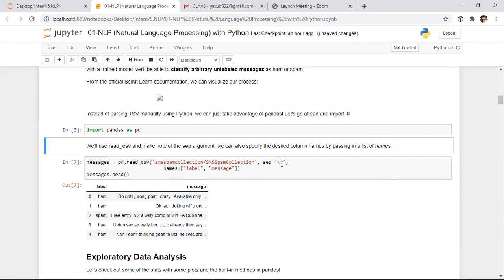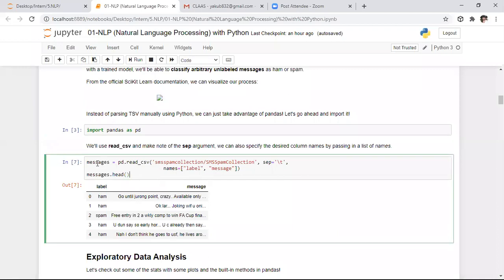Whenever /t occurs, we separate it as a new column. After that, I want to keep the names of the columns: the first one is label, and the second one is message. Here we are keeping the names as label comma message. Now this messages variable contains a data frame of all these messages.